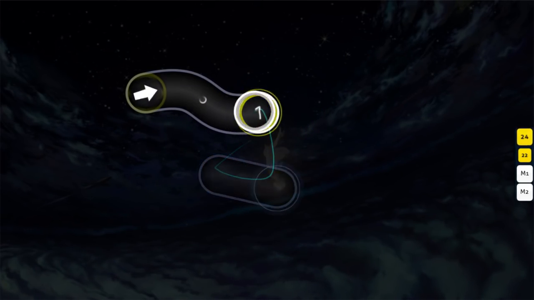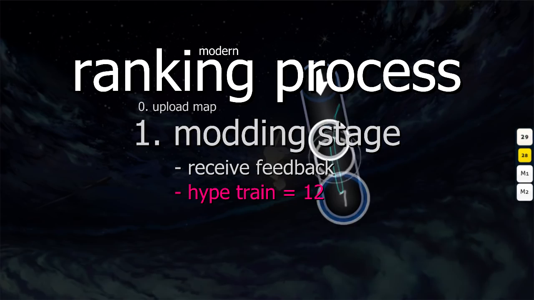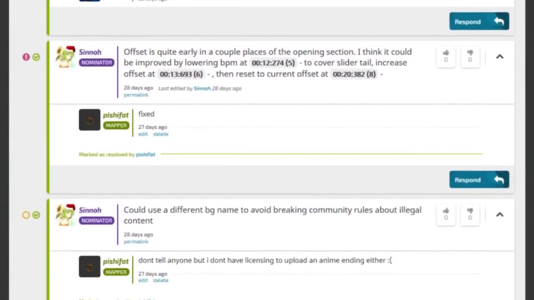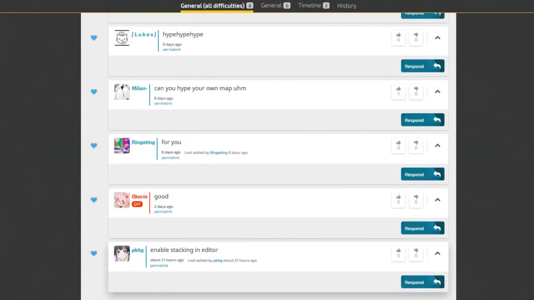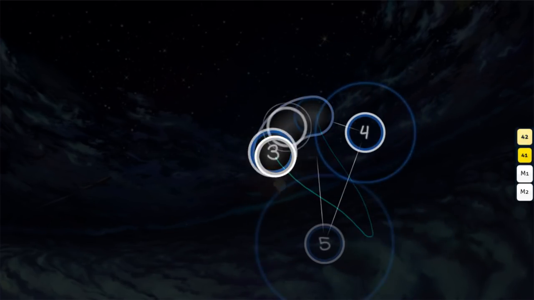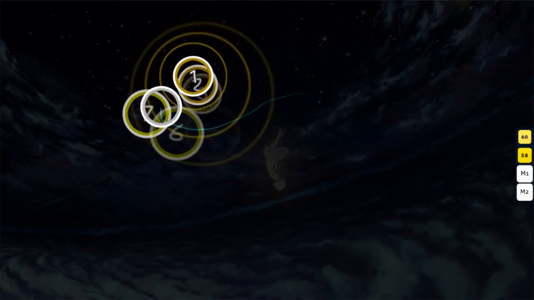Look, I'd understand if this were a new way to promote loved maps, but for the ranking process, this hype seems kind of unnecessary. I mean, constructive feedback should be a better indicator of readiness for rank, not just people saying, I like the map. Though I suppose this is a way to expand the boundaries of the ranking process beyond just dedicated mappers, so it's not completely unfounded. Just odd, that's all. And who knows, maybe it'll change.